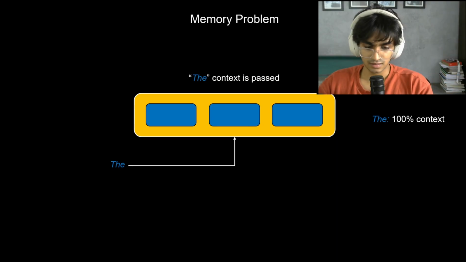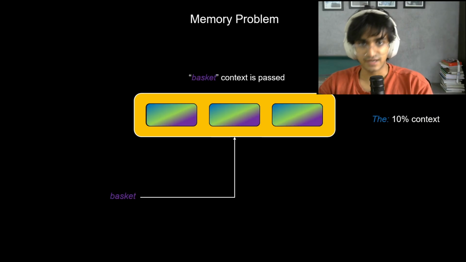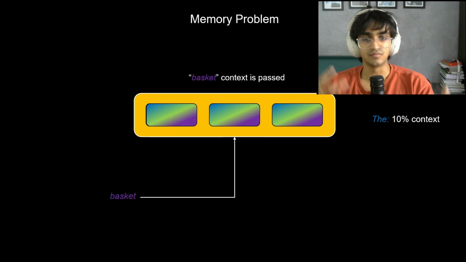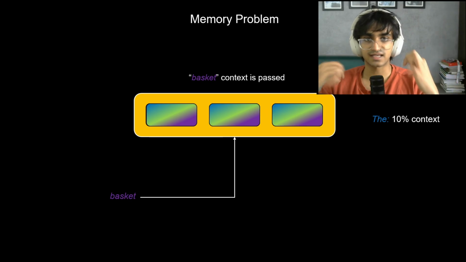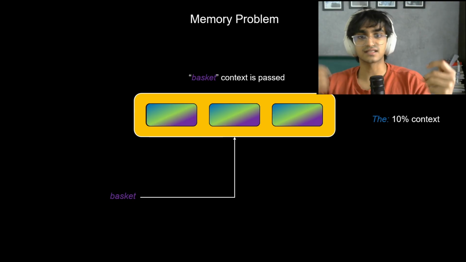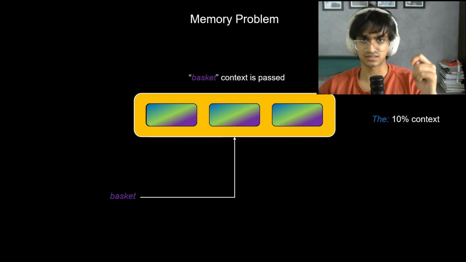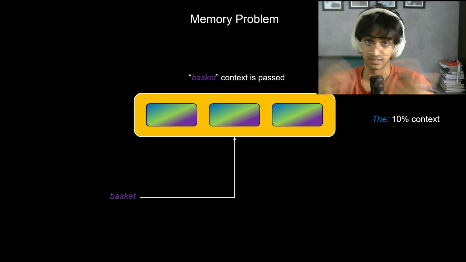But then what happens when we add another one? If we add "bread," as we can see, the context vector gets updated. And now the influence of "the" has reduced a bit. What if we add one more? As we can see, the more we add, the previous context gets diluted. And that's exactly what's called the memory problem. As the sequences increase, the effect of the previous ones reduces significantly. Now that's an issue. So we need to solve that issue, and that can be done with, guess what, with